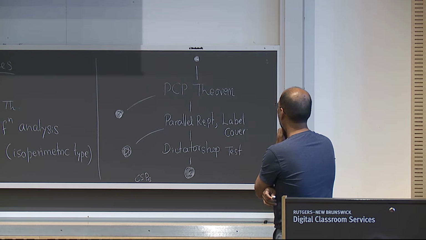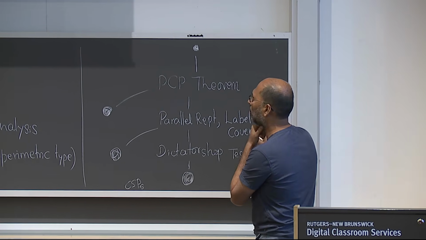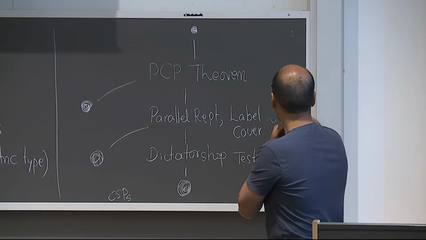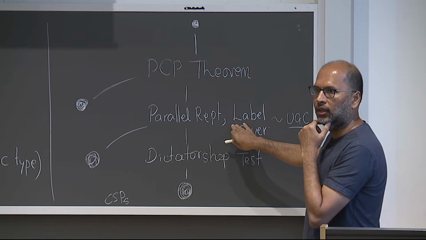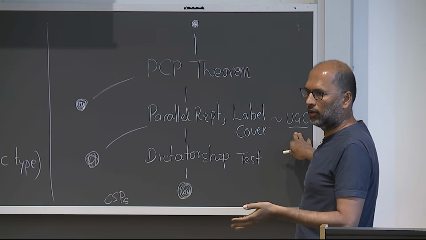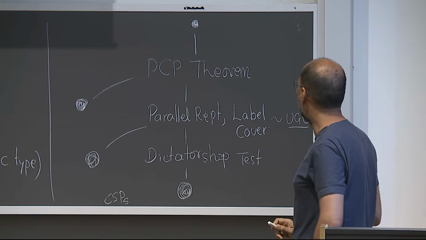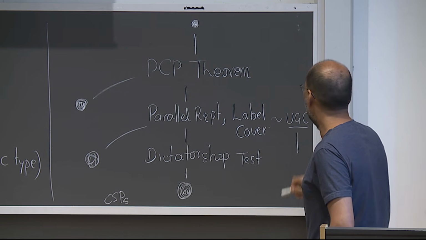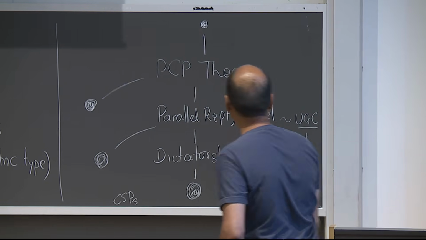And then you can add more stuff to this picture. So for example, I could say, what's this whole thing called the unique games conjecture? So think of this as a stronger version of the hardness for label cover. But we don't know it for sure. So at this point, we can only conjecture that some stronger version of label cover is hard. And then once you assume this, this is going to lead to many more things, such as vertex cover, max cut, and so on.